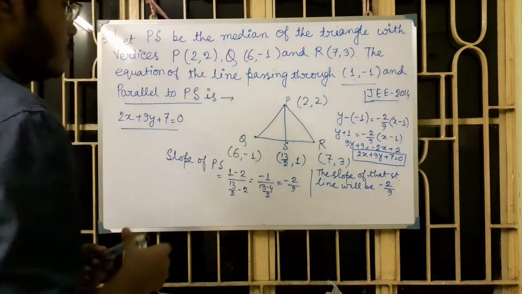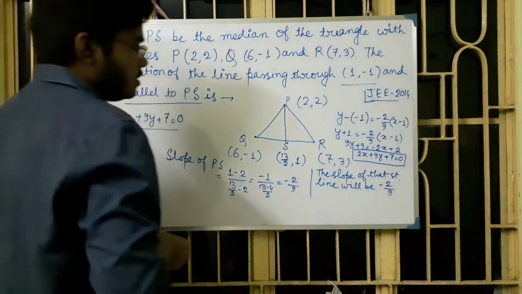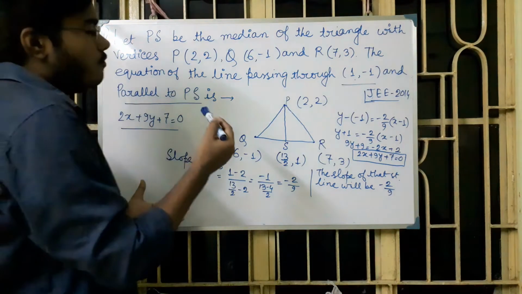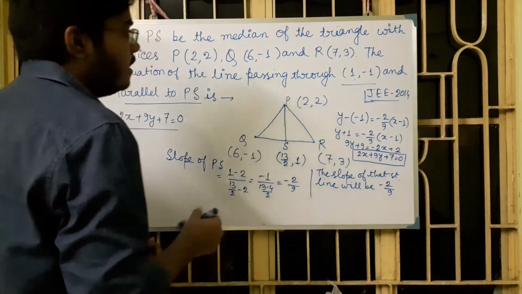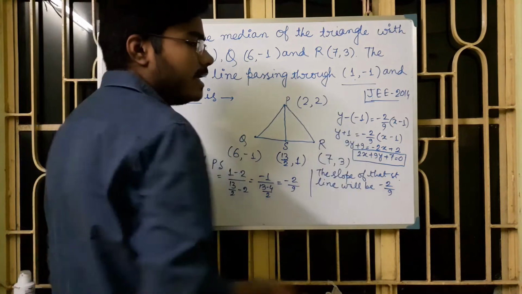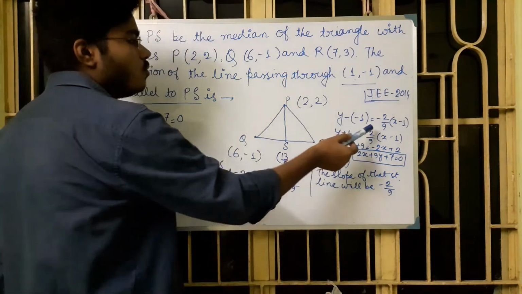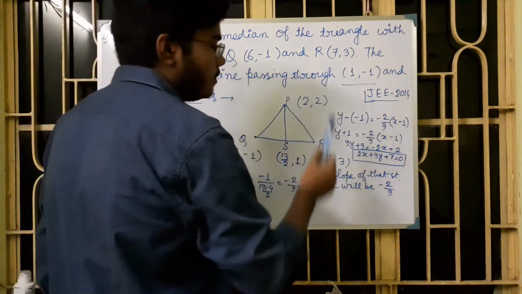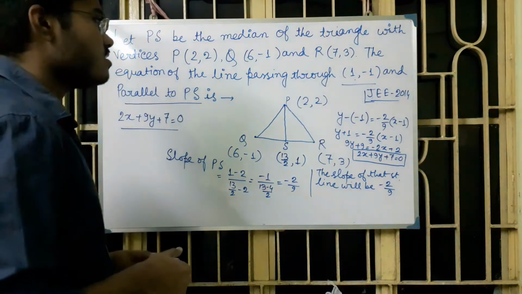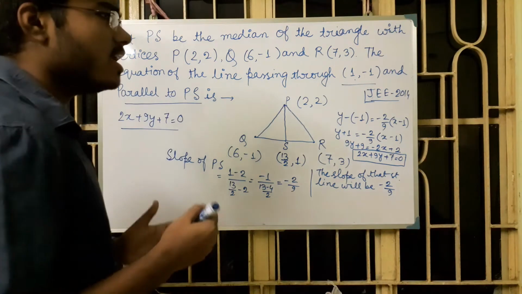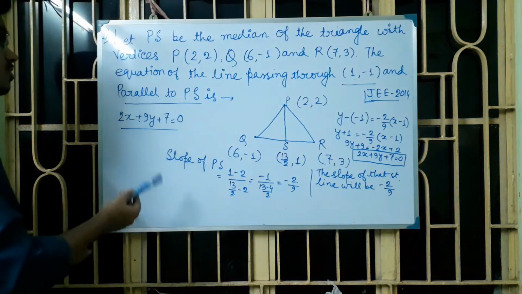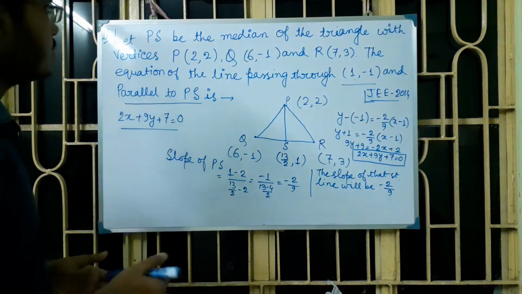Okay, so this is the solution of this particular problem. In this problem we applied only the formula of the straight line, that is the slope point form. So JEE sometimes asks very easy questions like this, and the solution is also easy, so please check it out,